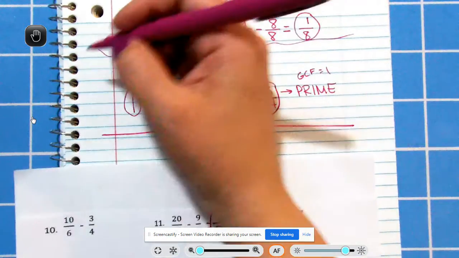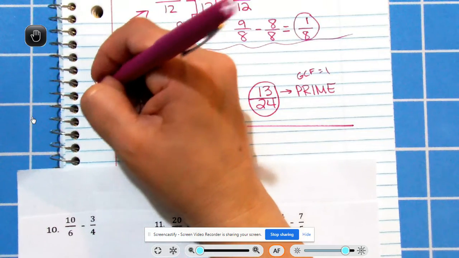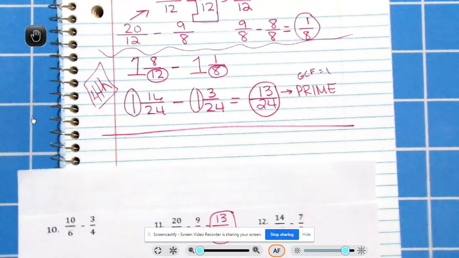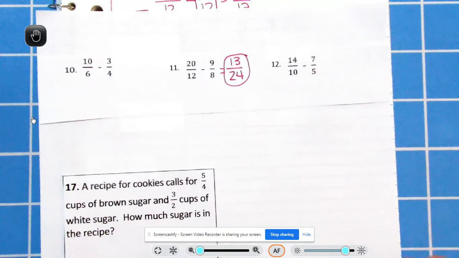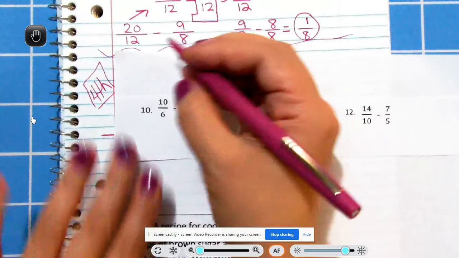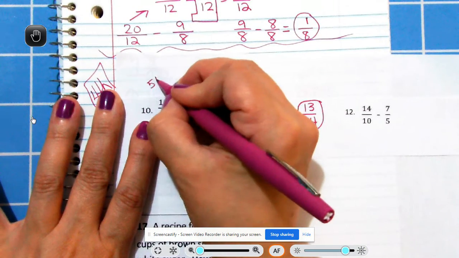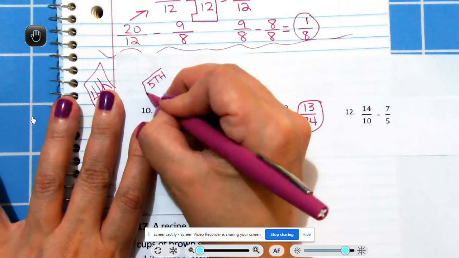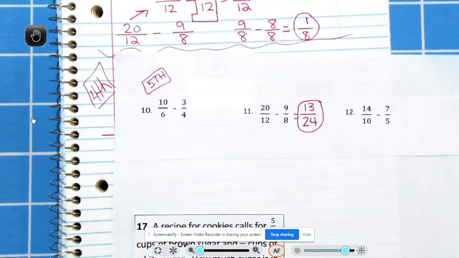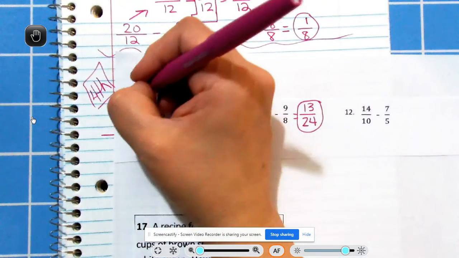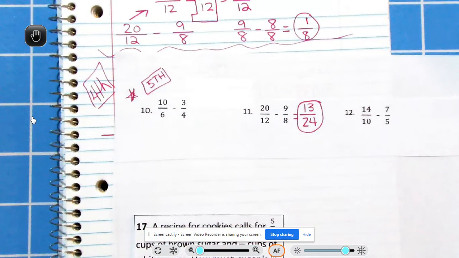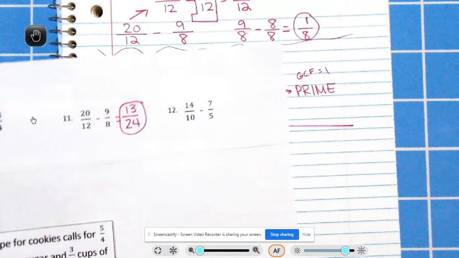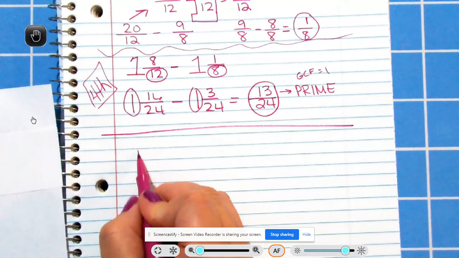Now this is a 4th grade standard. The next one that we're going to do is a 4th grade standard, and the word problem is this one. Like I said, we'll save it for last. We don't start regrouping with fractions until 5th grade, but I'll go ahead and just show you guys that one as a bonus. You guys were wanting me to show you some 5th grade math anyway, so we'll start with that. All right, so we have 14 tenths,